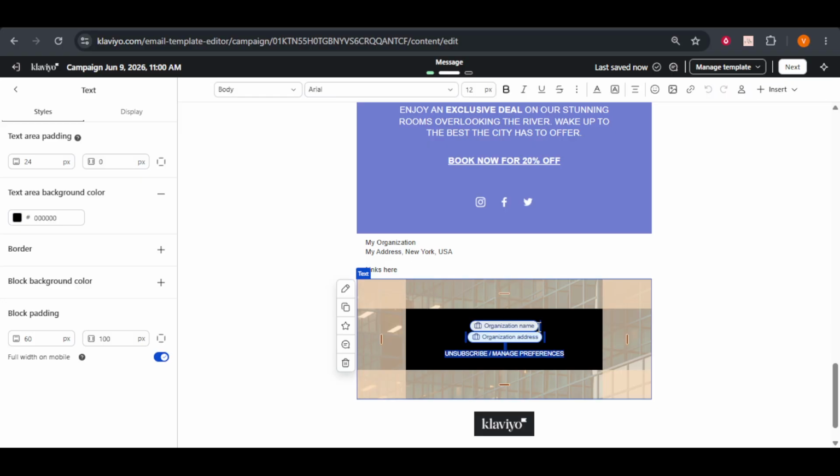Once you're satisfied with how the footer looks, take a moment to preview your email. Klaviyo offers a preview function that allows you to see how your email will appear to recipients. This is a great way to catch any formatting errors or typos before your email goes live. It's always a good idea to send a test email to yourself or a colleague to ensure everything displays correctly